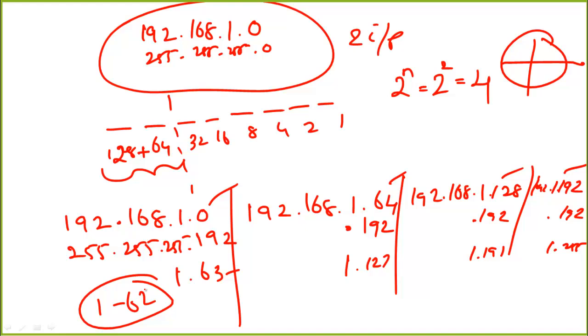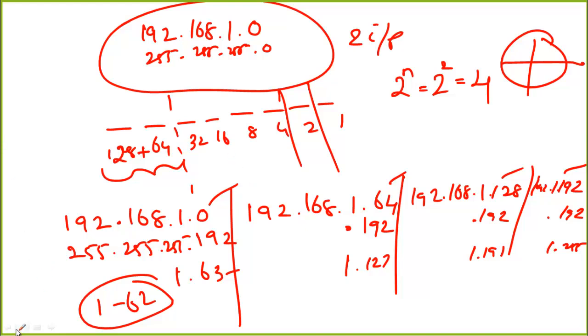Again, when the ISP allocates the IP addresses to you, generally they will not give 62 IP addresses under your segment. What they will do is they will give only one IP address for you. So based on that, they will subnet further, which means they will be subnetting like this or this. They will try to have the least number of IP addresses wasted, or they will try to give you one IP address or the least number of IP addresses on your particular subnet. So that is how subnetting is done. So this is for class C.